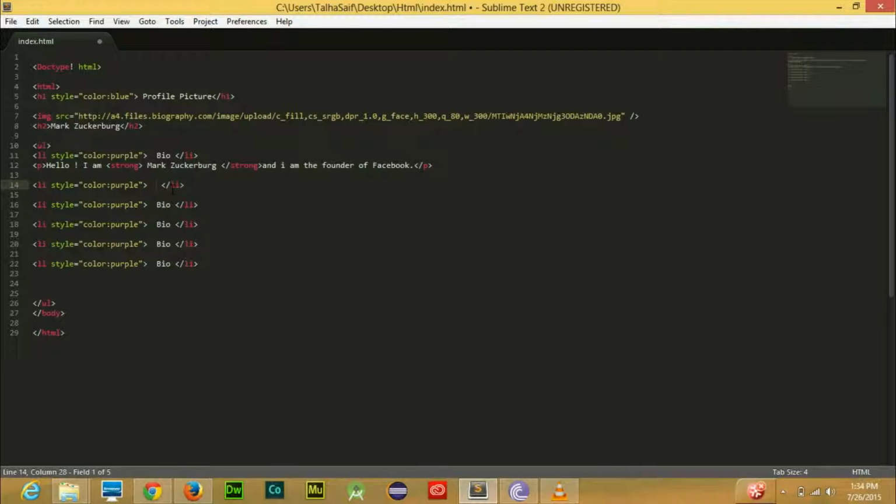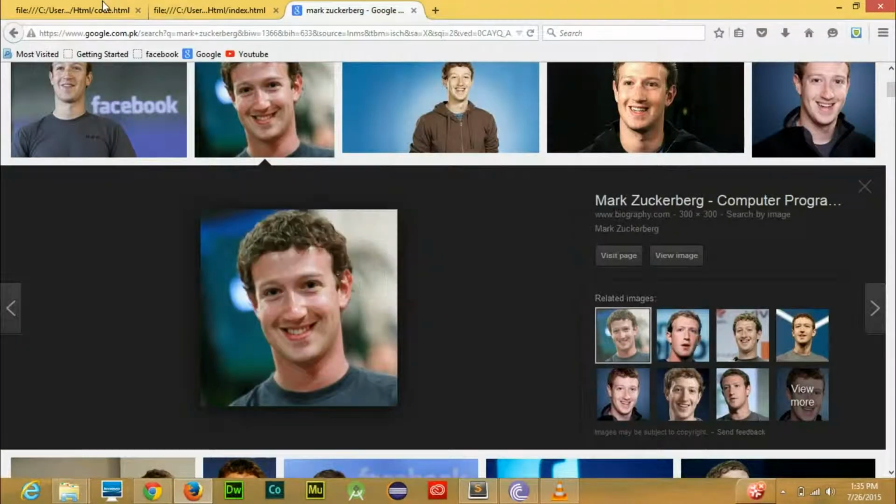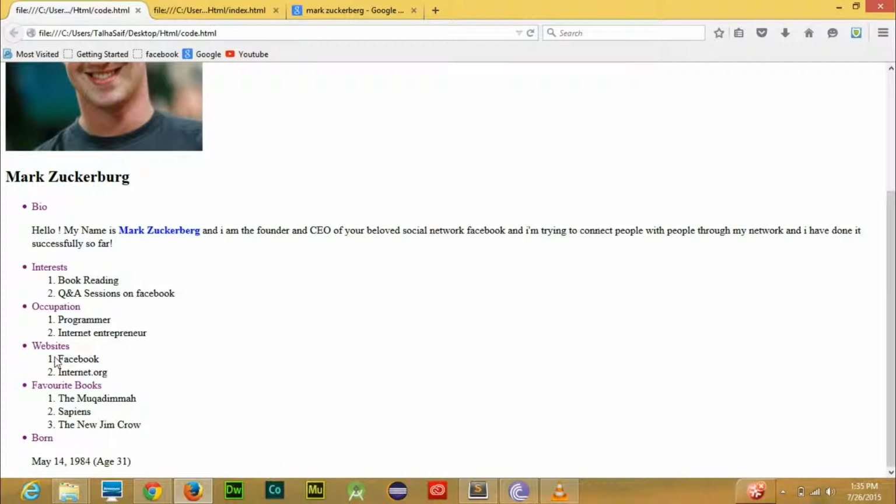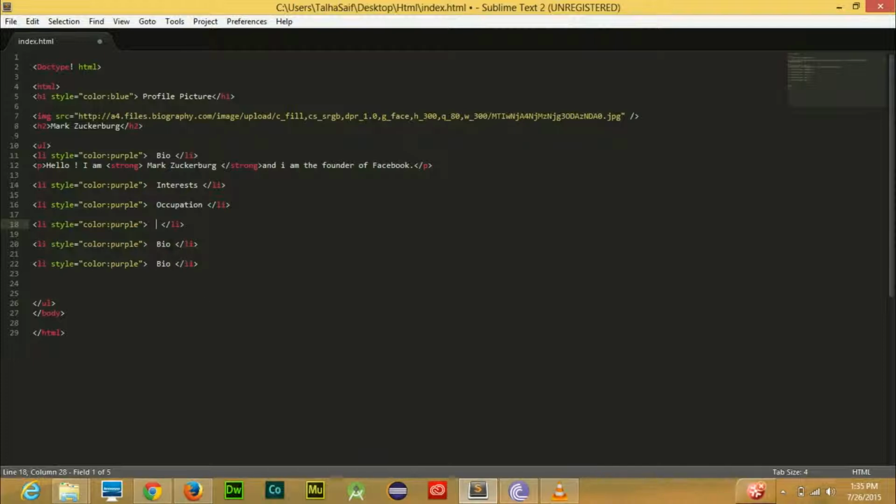So let's write here interests, and the next is occupation, and the next one is websites, favorite books, and under here, born. Okay, so if we save it,